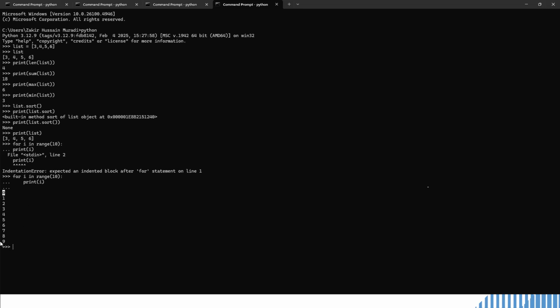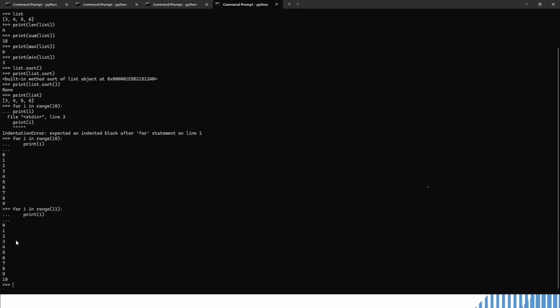You can say 0 till 10. I asked for 10, but it's giving you till 9. So you should keep in mind that if I want 10, I have to give a higher number, and then it will give you till 10. Can you see the 10th here? It's not 11. So you should always start from 0.